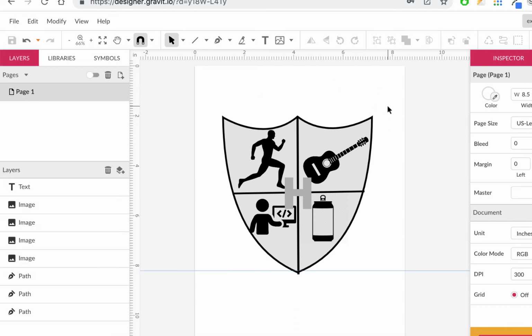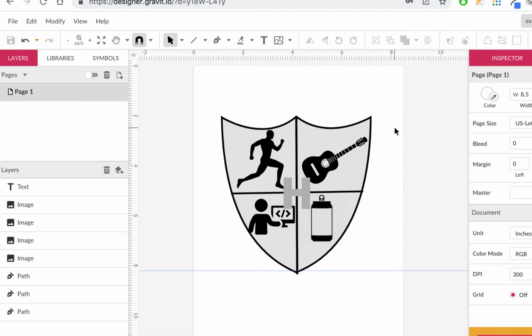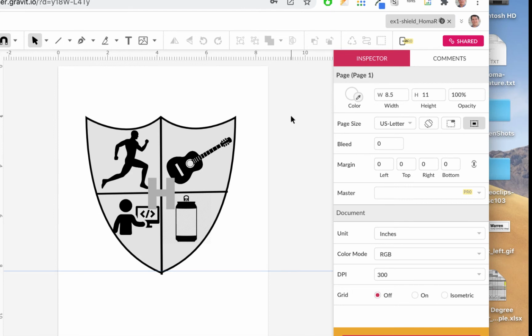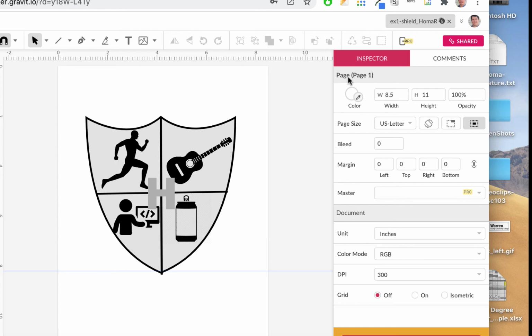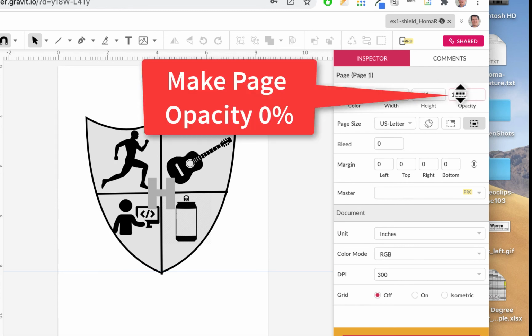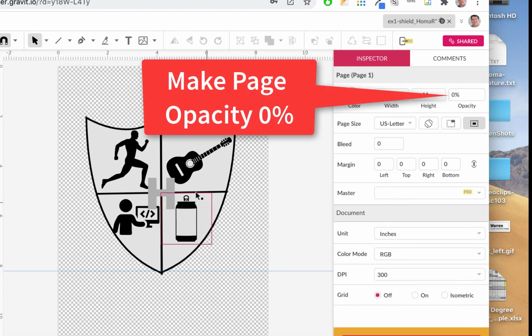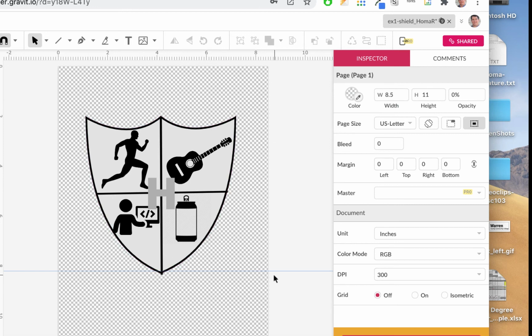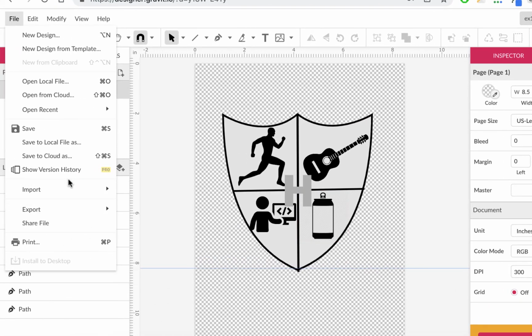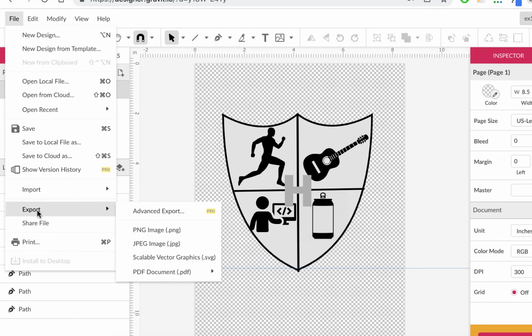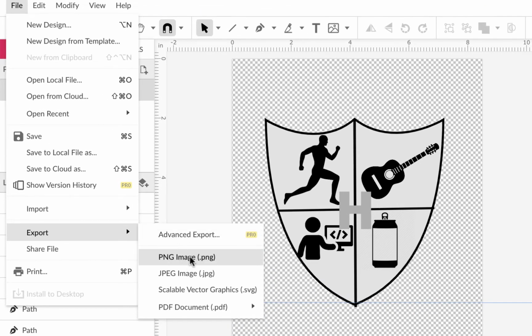Now, here's the problem. If you saved it as a PNG image now, it would have a white background. So the only thing you have to do if you want a PNG image that's transparent is click on the background here, and where it says opacity, this is your page. See where it says page opacity? Hover over here and just turn that down to 0 so you see a checkerboard. Now you won't see the checkerboard when you're done, but it'll be transparent. So I'm just doing that, and then I'm going to do File, Export, and I'm going to choose PNG Image. So again, File, Export, PNG Image,